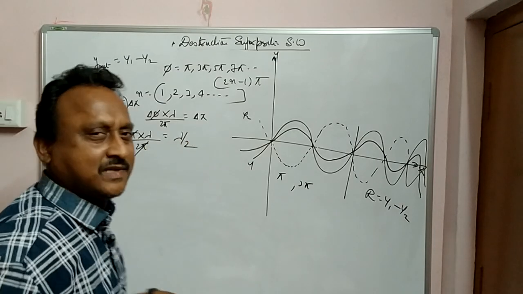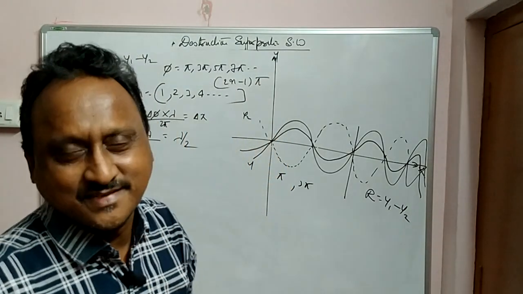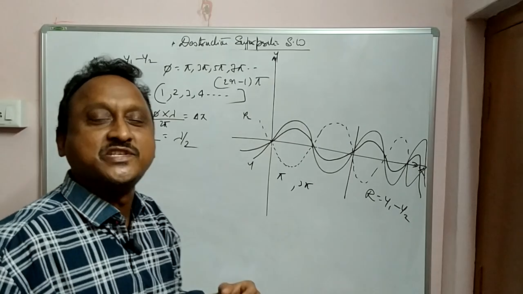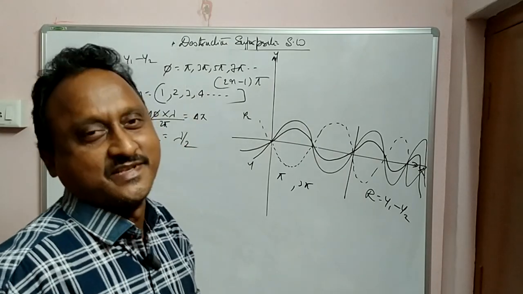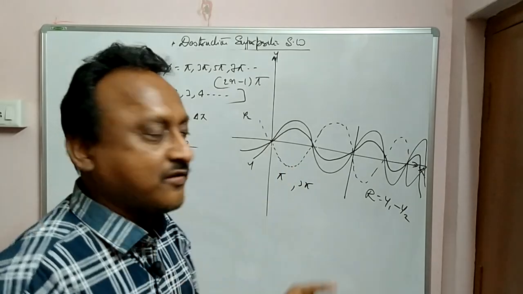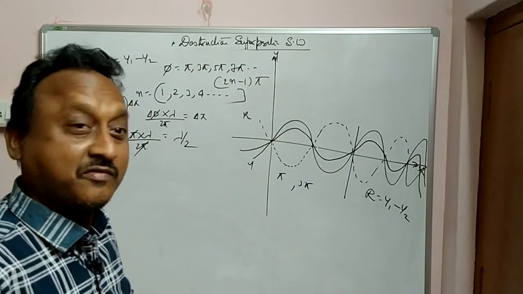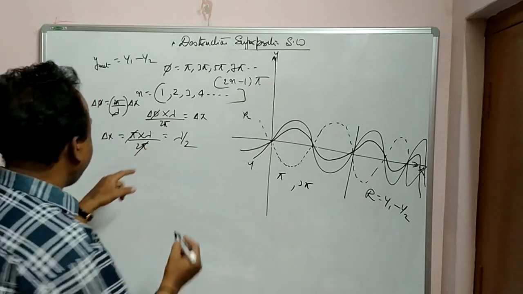Lambda by 2. These same things you will be using again in the light chapter, physical optics, in finding the fringe widths, dark and bright bands. So please listen carefully. If you understand this better, there again you can use it in constructive and destructive superposition of light. So the first one is lambda by 2. Second one